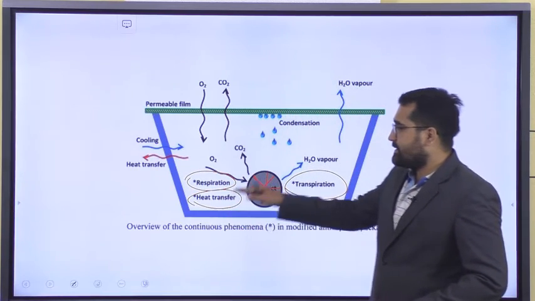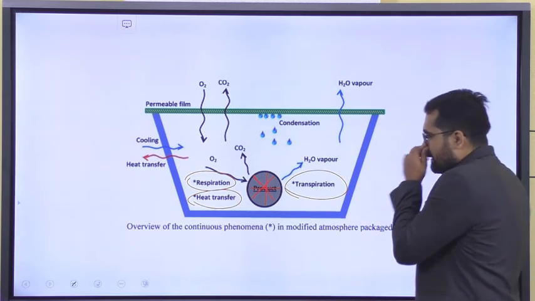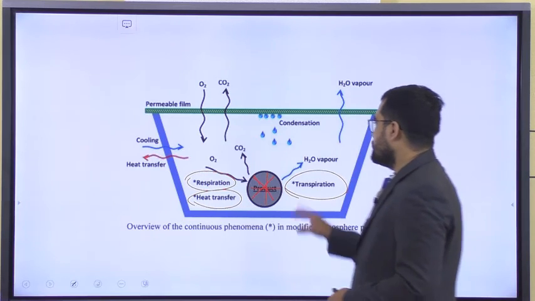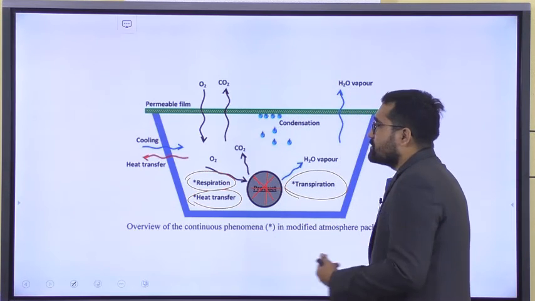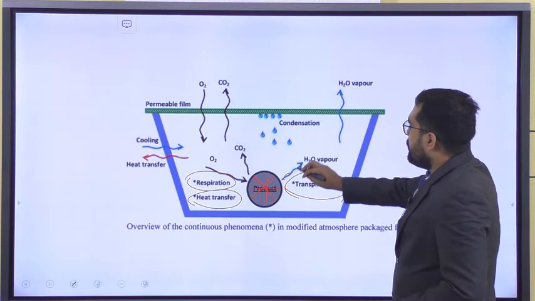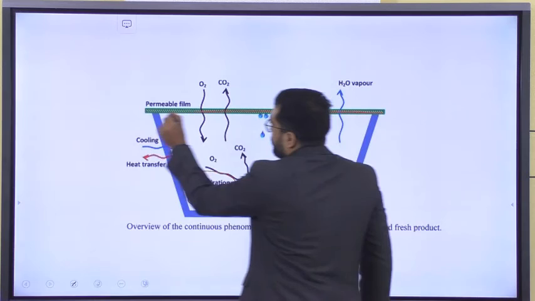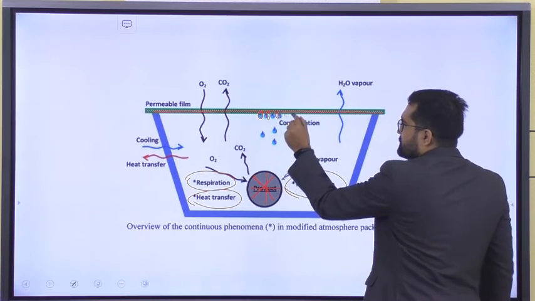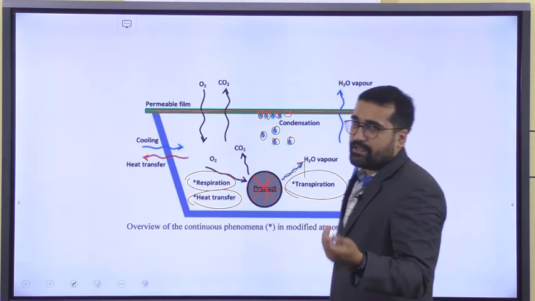So heat transfer occurs, respiration occurs inside the product, and evaporation of water will also occur, which we know as transpiration. Okay, these three phenomena continuously occur in our product, and even in microorganisms also. So due to the H2O, the transpiration, what happens? We seal the product in certain conditions, so condensation of the water occurs. That's why sometimes we find water inside the modified atmosphere packets.